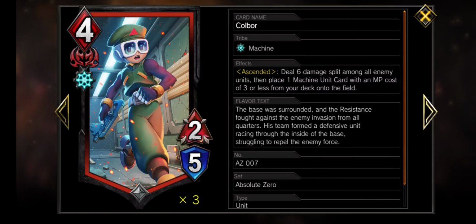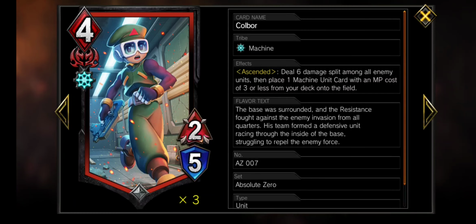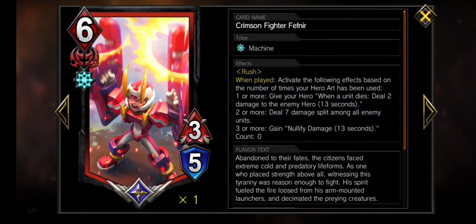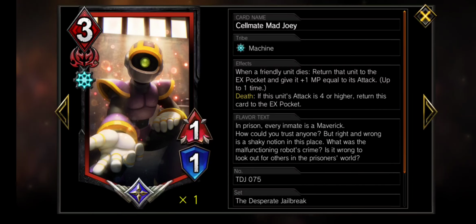If you draw multiple Kolbor, just save the Urgent Protection because there are plenty of plays that you can go for. The most important though is just having up to 5 Kolbor by default, and an infinite number of Red's strongest card in Standard, Crimson Fighter Fafnir, loopable by the newest legendary Cellmate Mad Joey, the most misunderstood card in years,